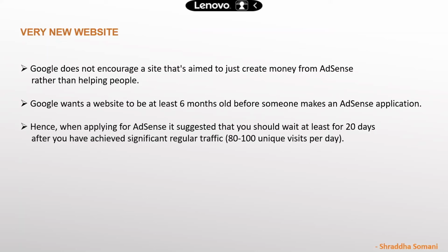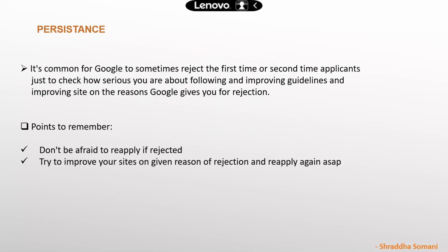There is a possibility that AdSense might disapprove your request in the first place. It will give you a recommendation on what you need to do and why it has not approved. So work on that, and also take some time. Do not jump again to get an approval. It's common that sometimes Google can reject your AdSense account, but try to improve it and then apply again. It's not that once you're rejected, you cannot apply again. You can apply for an AdSense account again, but you have to improve.